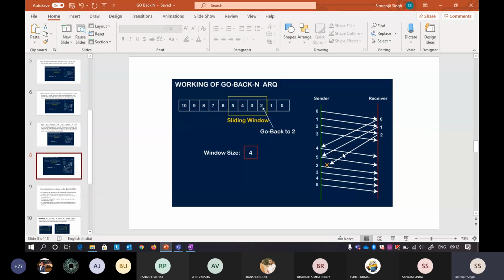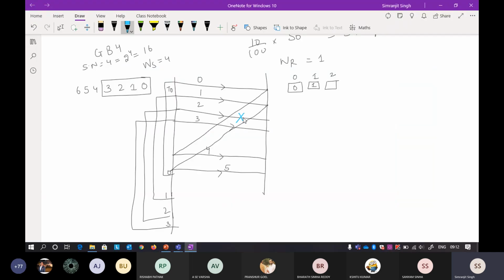Yeah, that second packet or its acknowledgement is lost. So I'm just saying that the second packet is lost. Now, till here, the receiver is expecting that it will get the sequence number 2, but because the second packet is lost, it will not get it. And now your window will be at 0 1 2 3.